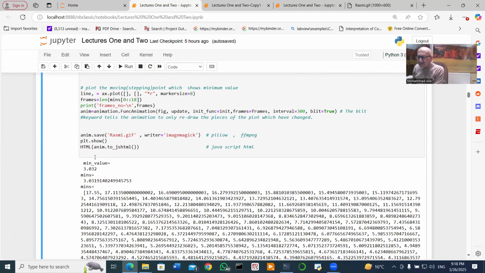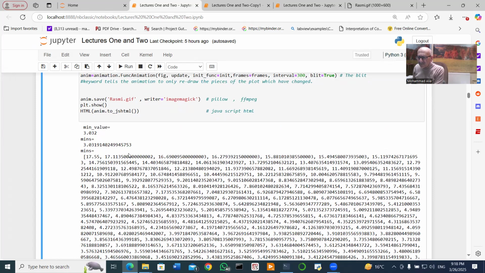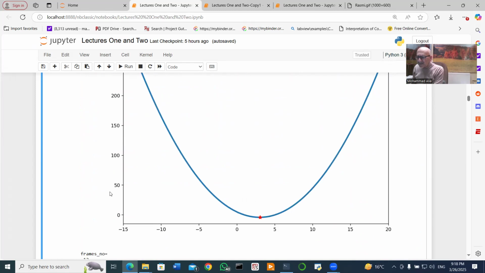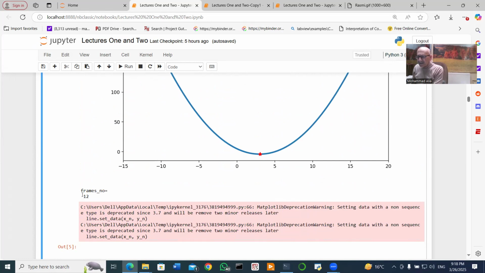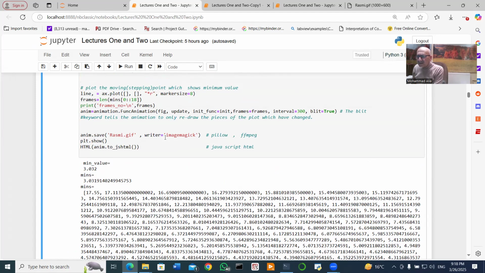It is not given by me. I didn't do it, it seems to me, for you. But it must be equal to 202 divided by 18. Oh, yes, here it is. Frames number 12. What I have done there, print frames number, which is equal to frame, because the frames is equal to the length of minimum values which